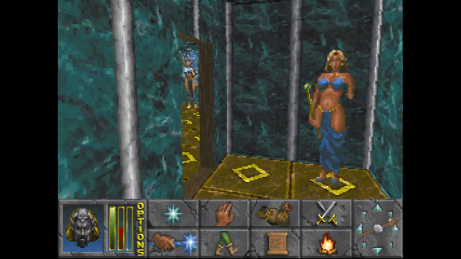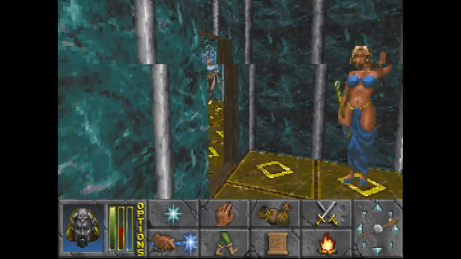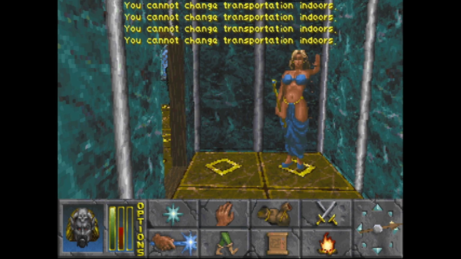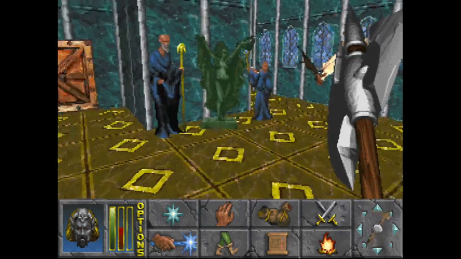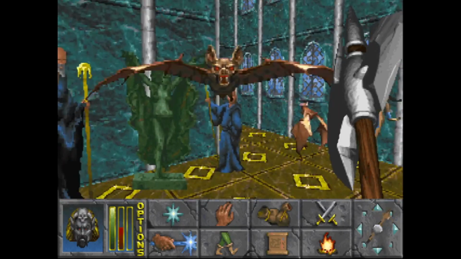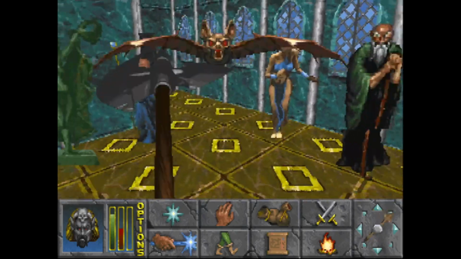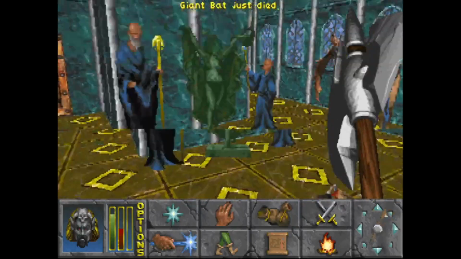So let's go ahead and head on in here. We got enemies. I think if I press, okay, I gotta remember. There we go. There's my axe. So we're here in the temple. We got bats. A bat has just died. And of course, because we're just entering this place and we cannot rest, we are...